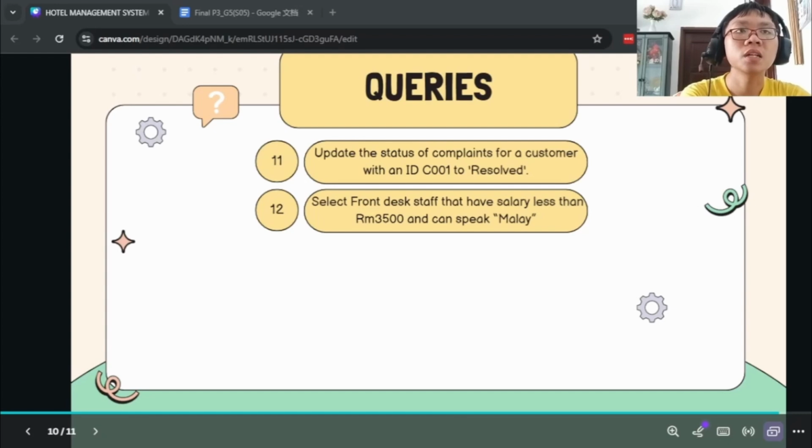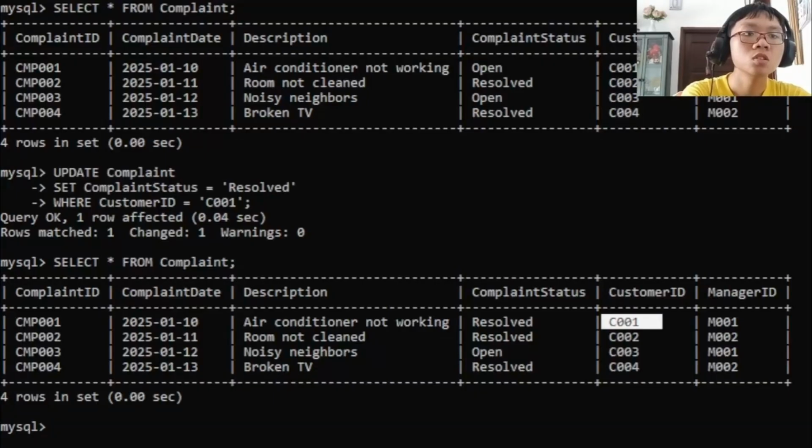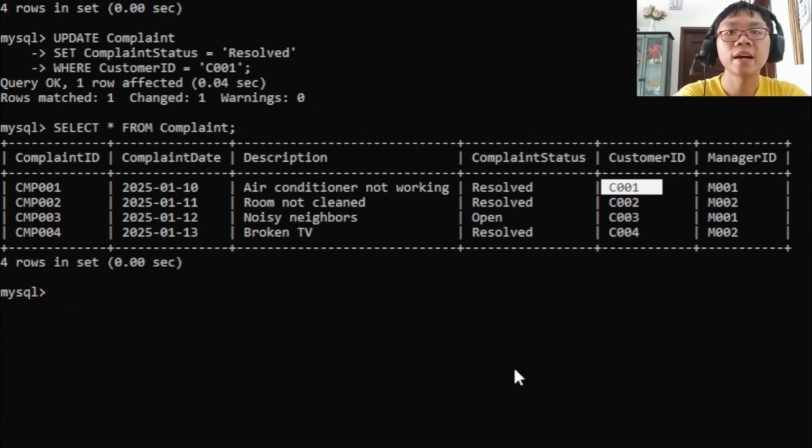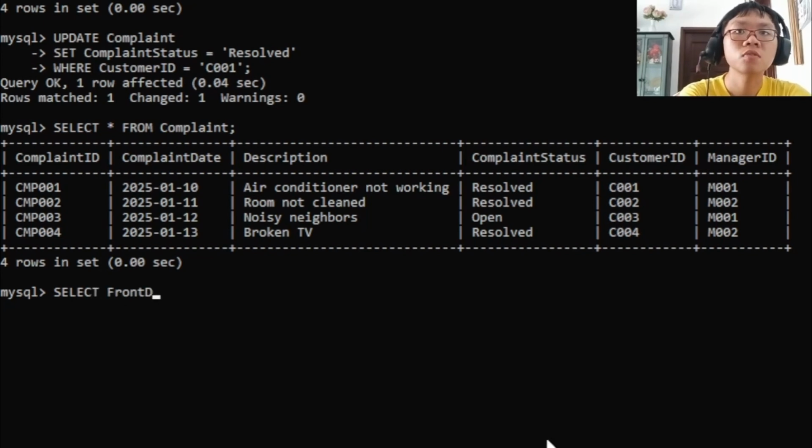Lastly, we will do query 12, which is select front desk staff that has salary less than 3,500 ringgit and can speak Malay. So to do that, we will list their name, their salary, and the languages known from the front desk staff relation. So we will select front desk staff name, the front desk staff salary, and the languages known